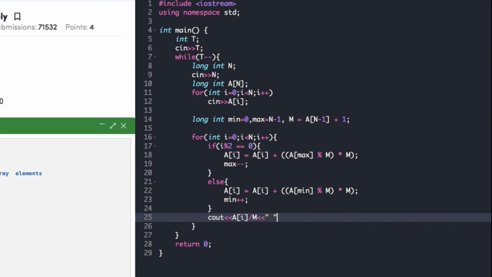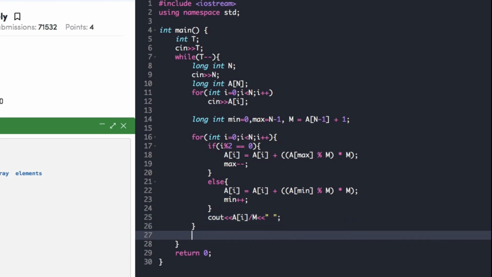In case we wanted the first value, we could have performed the mod operation, but since we want the second value, we are doing a of i divided by m. And finally we can insert a line break.